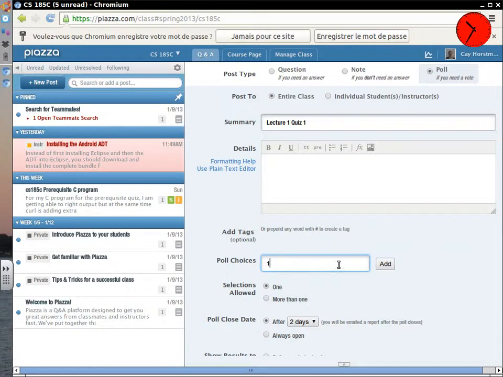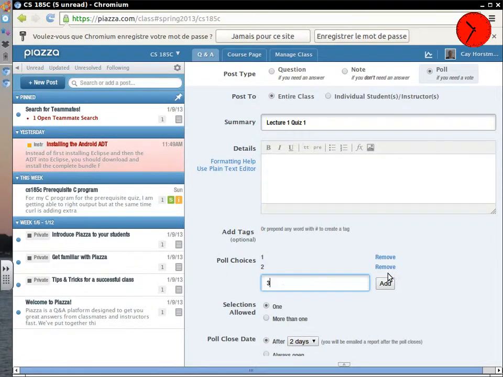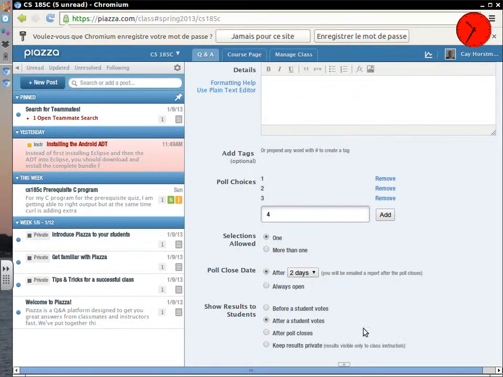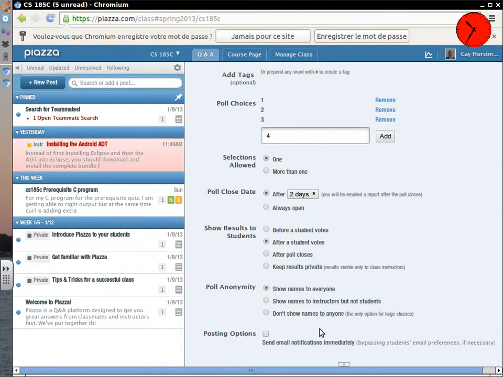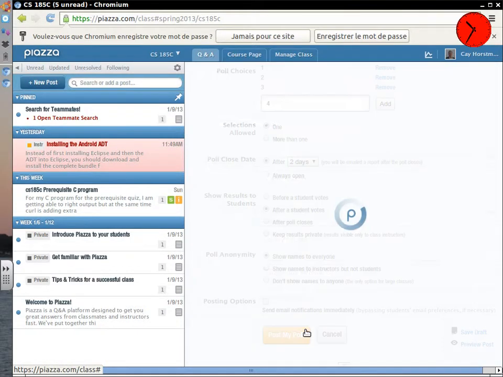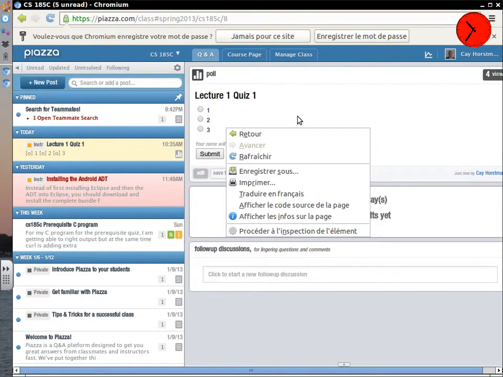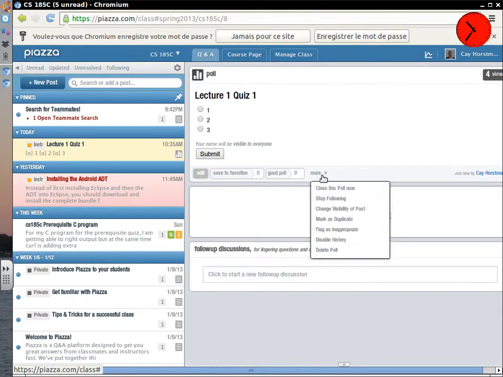So all I'm going to do is make the choices that you can see on the lecture notes. And of course they just changed all this user interface. I need to edit this one here. Come on, edit.